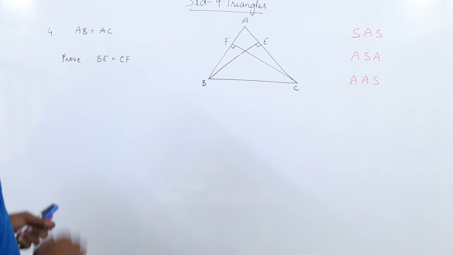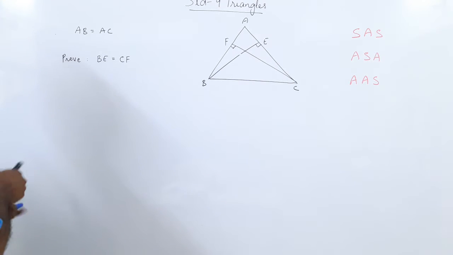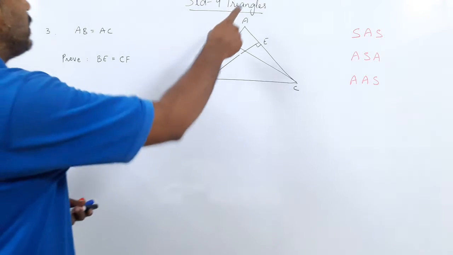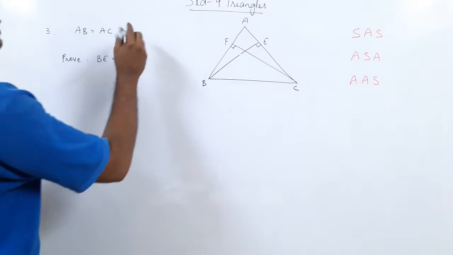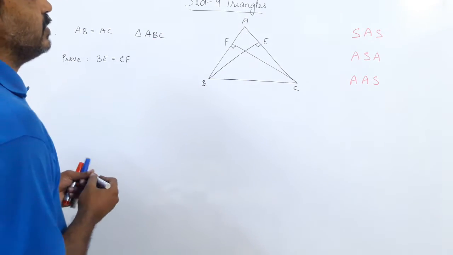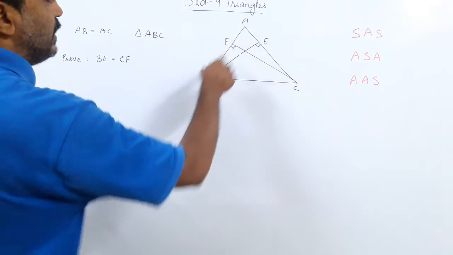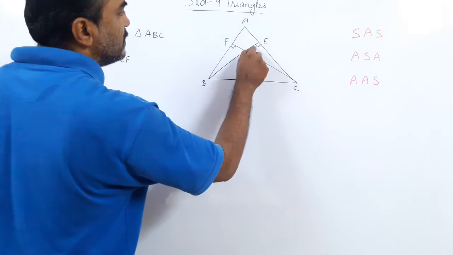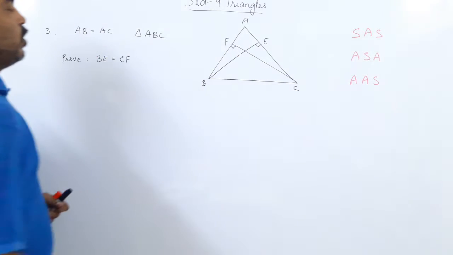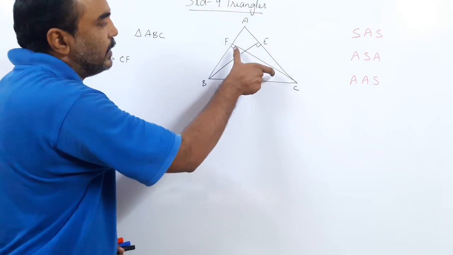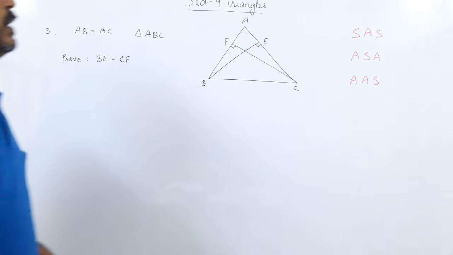So again, understand the sum. What is the sum telling us? The sum is telling us we have got a triangle ABC in which AB equal to AC, that is given, and BE and CF are the altitudes, means from B to AC the altitude at 90 degrees, and from C as well. We have to prove BE equal to CF. So you have to prove that altitude BE and altitude CF both are equal.